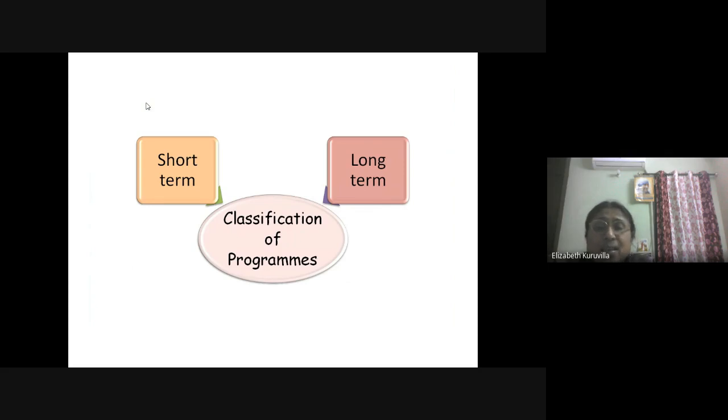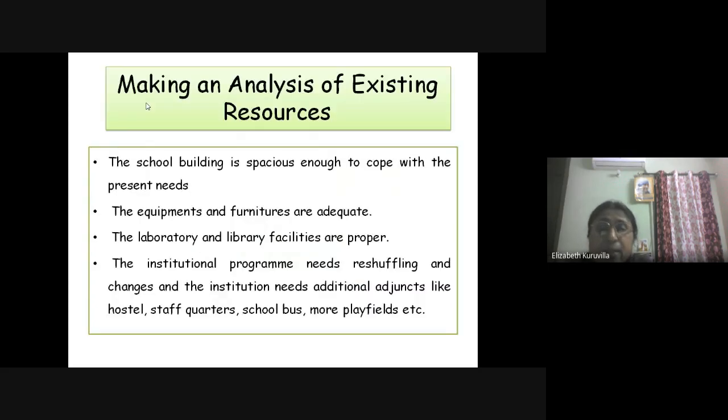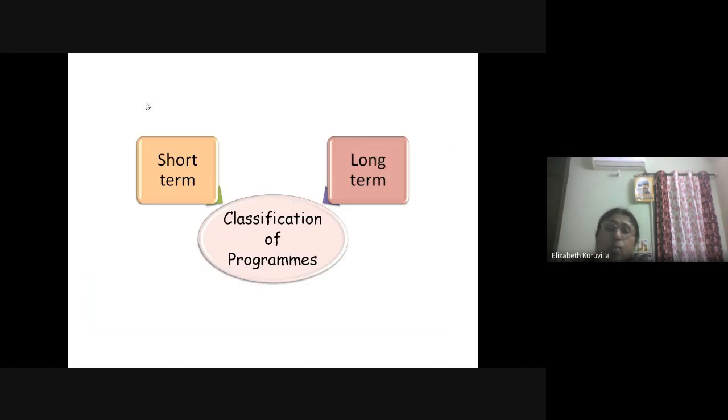Now we have stated the different institutional programs. When we look at them, we can see these programs can be classified into two: short-term programs and long-term programs. From the term itself, you can make out what is meant by a short-term program.